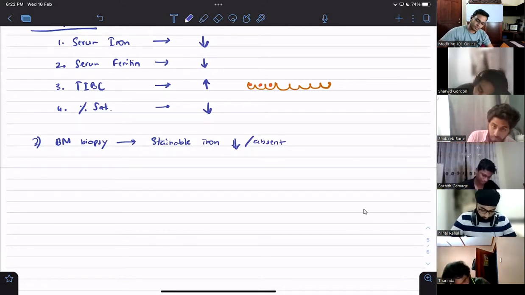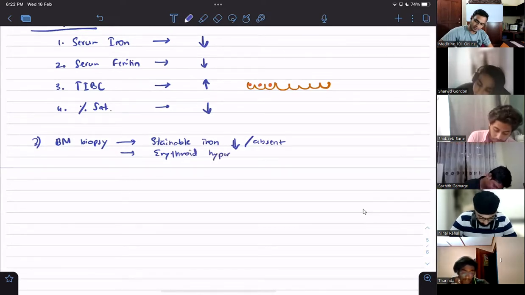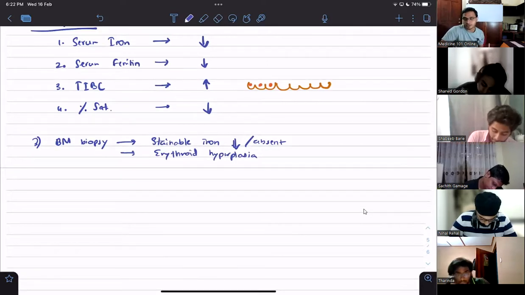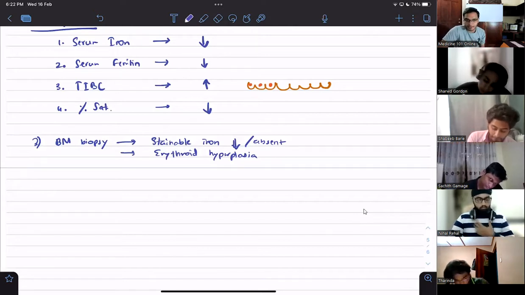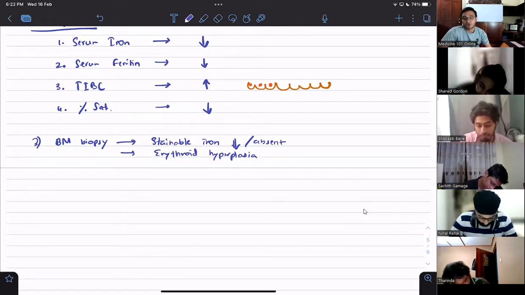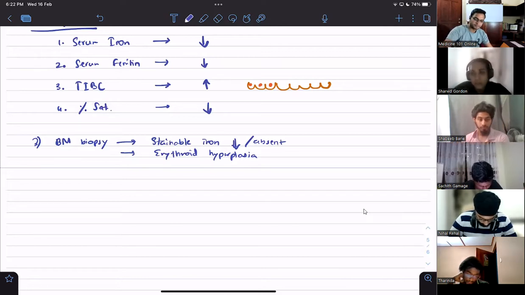And then erythroid hyperplasia. What is this, guys? When the body detects that your iron is deficient and oxygen transport is going to be reduced, the patient is going into anemia. The body tries to make more and more RBCs to get as much oxygen as possible, but there is no iron to load into the hemoglobin. So if you do the biopsy, you can see a lot of erythroid hyperplasia. The erythroid progenitors will be dividing rapidly to produce more and more RBCs.